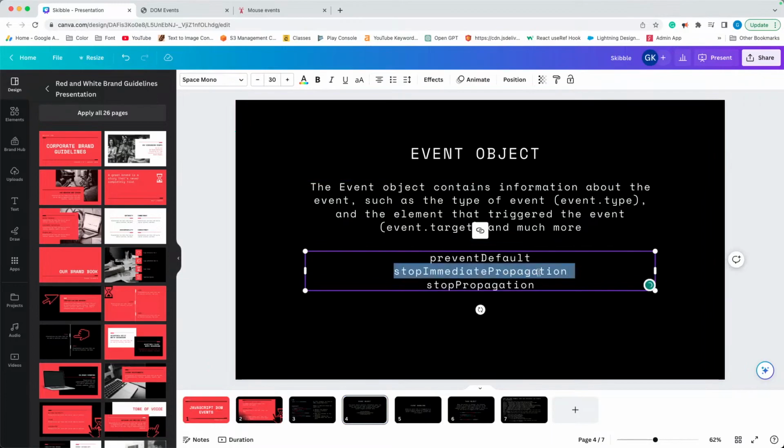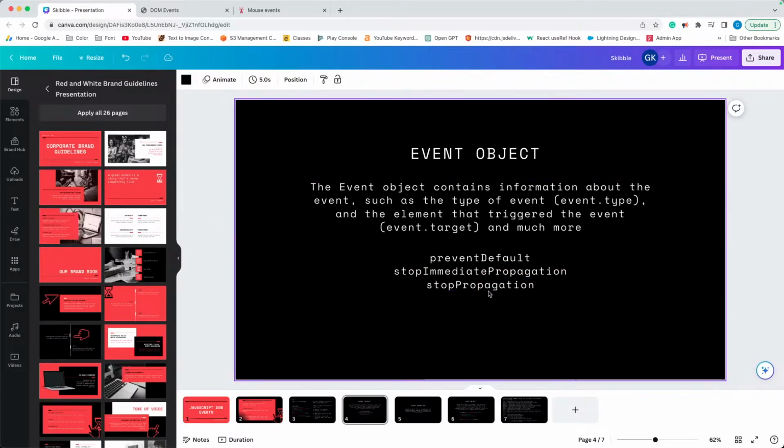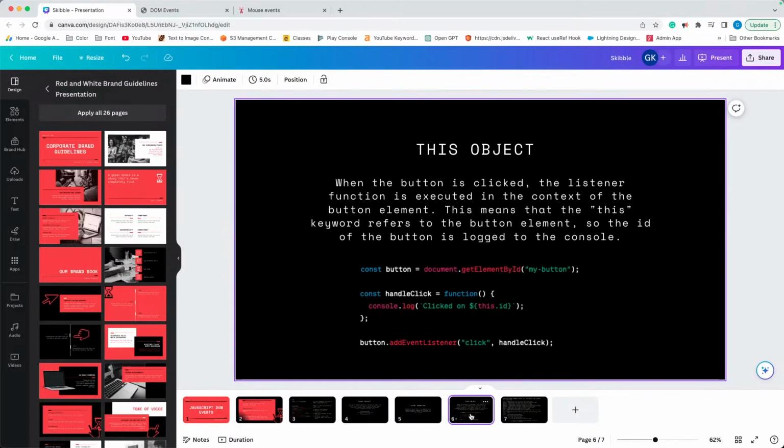Stop immediate propagation will only stop one level up, not 2-3 levels up. And stop propagation will actually stop the bubbling effect. And we know about this object. Okay,